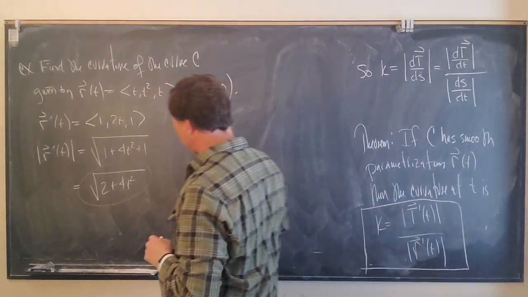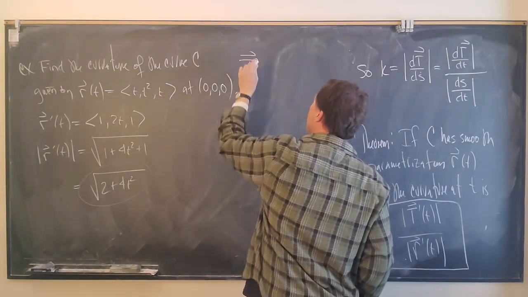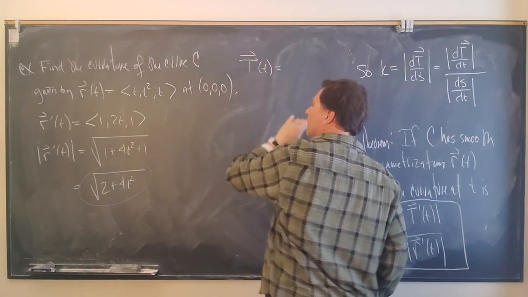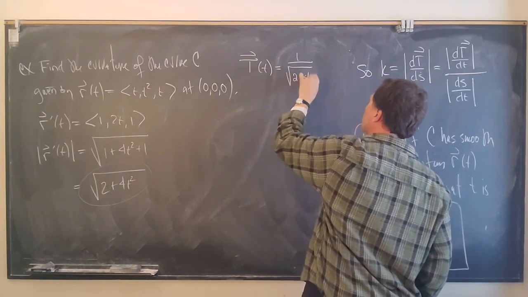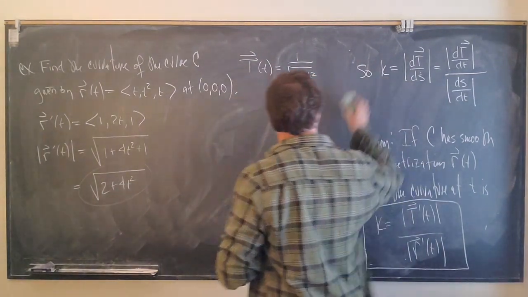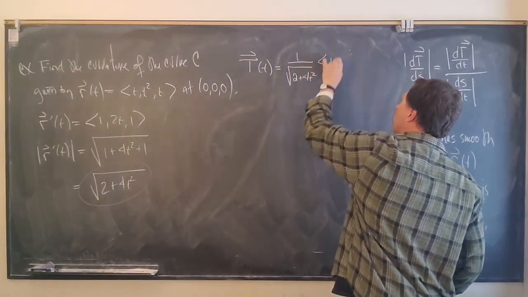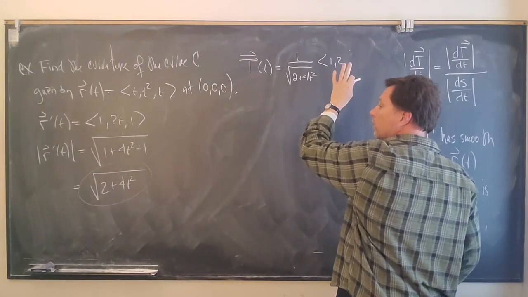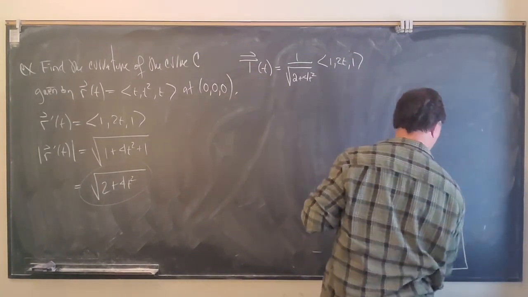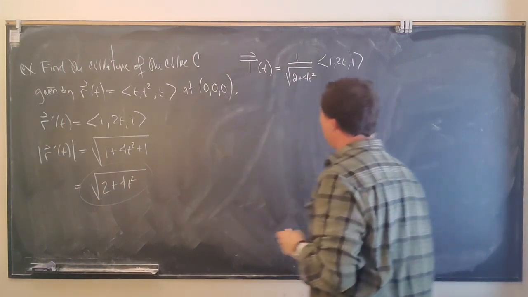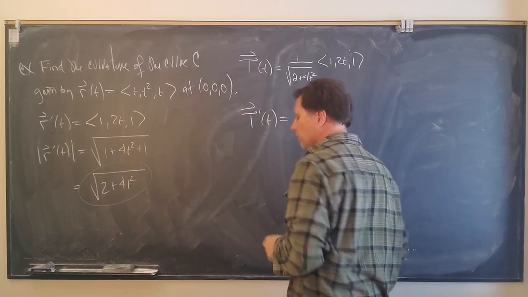So now remember, the unit tangent vector is going to be r prime divided by the length. And so capital T of t is equal to 1 over square root of 2 plus 4t squared times the vector (1, 2t, 1). And now I need to take the derivative. So T prime of t is equal to